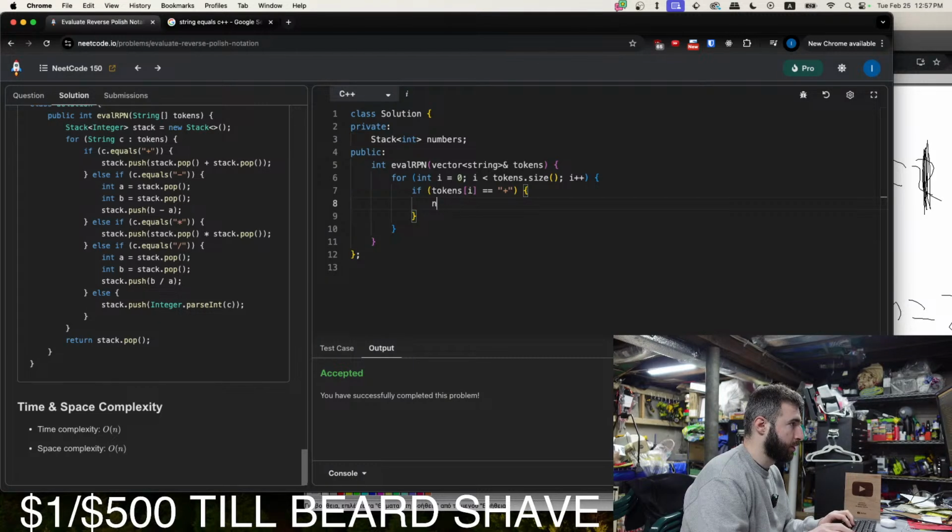Oh, we also need to get the second. Well, it doesn't really matter that much for addition, so we can just do numbers dot push numbers dot pop plus numbers dot pop.